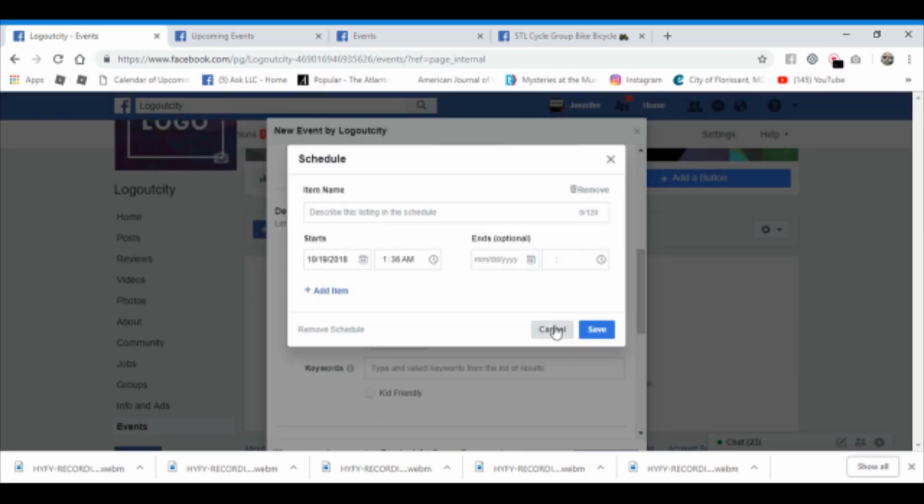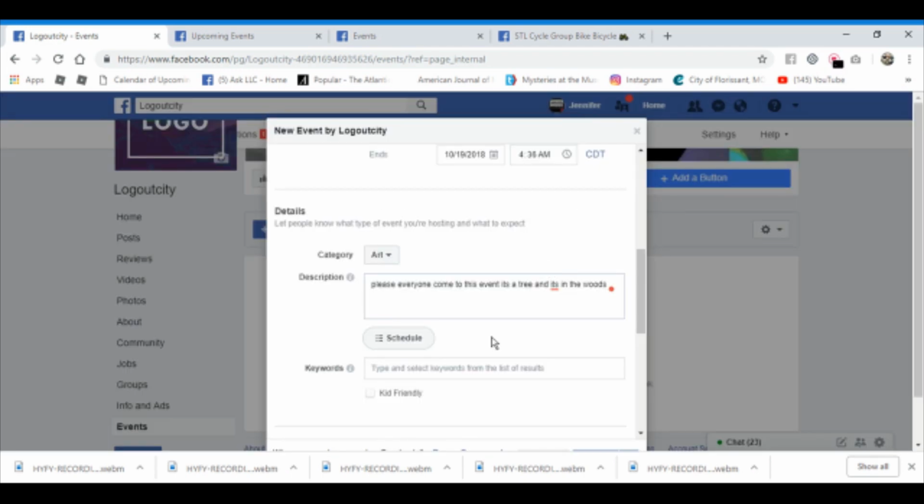Okay, there we go. Keywords. So again, keywords, when people are searching up here in that little search bar for different things, they're going to type in tree, or woods, or a tree in the woods, or you can put art event, art class, art exhibit, all these different keywords to draw those people in. You can always add it. So if Tree in the Woods is not there, you can actually add your own